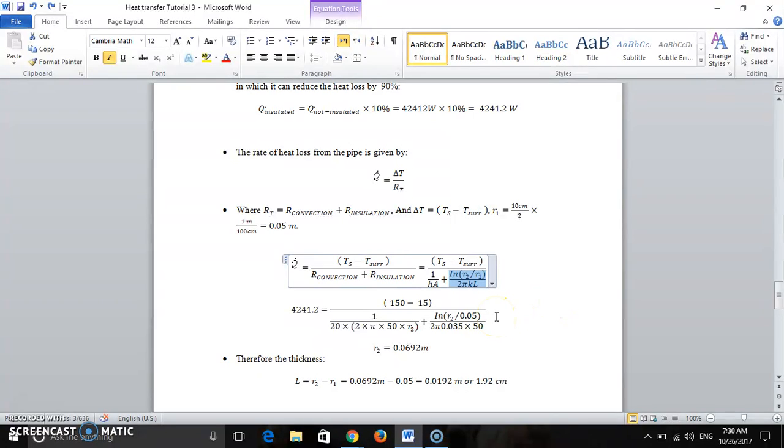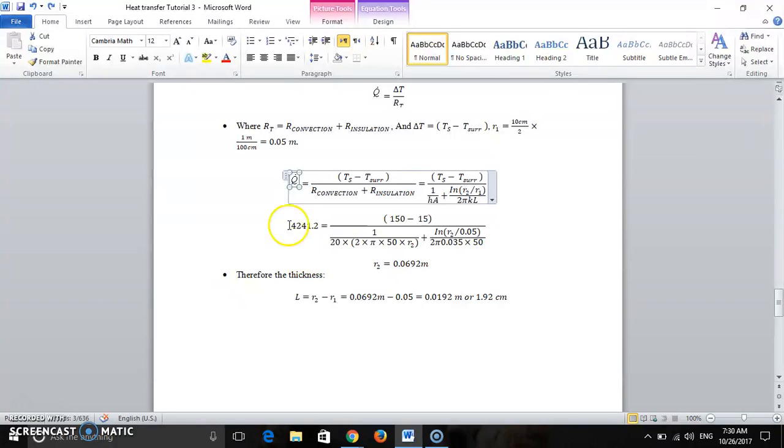So if we plug in all the values, the heat rate 4241, the temperature difference, and all the values for R total, R convection, and R insulation, and solve for R2, we find that R2 is equal to 0.0692 meter after we do the math. Therefore, the thickness of the insulation is R2, the radius after insulation, minus R1, the radius before insulation. So if we do the math, we will find that it's 0.0